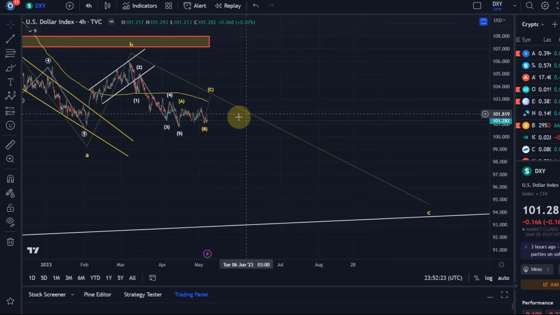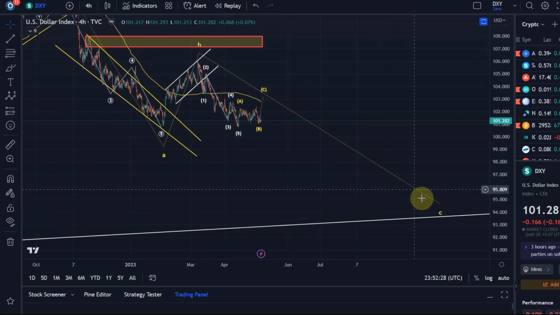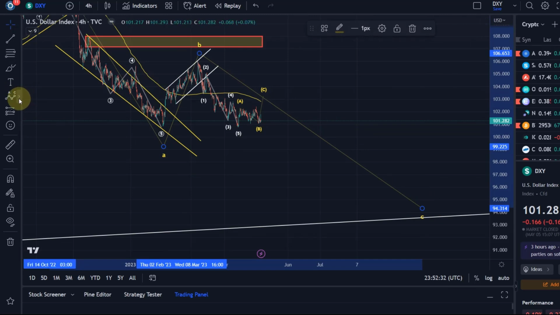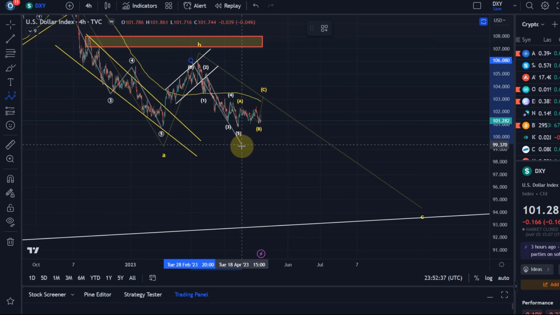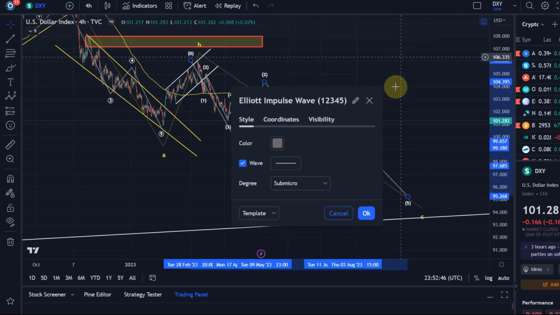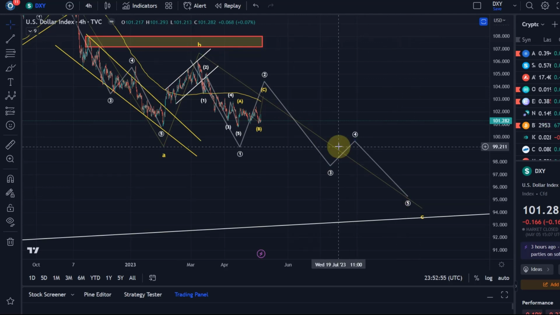I've already added some subdivisions here for the move to the downside, because don't forget, a C wave, and the assumption would be that this is a C wave, consists of 5 waves. So it would be a 5-wave move, and we have 5 waves down here. That's also why this count is the primary. This would then count as a wave 1, here a wave 2, 3, 4, 5. Now let me change the wave degree, and then we can look at that in more detail. The idea is that we are coming down in a 5-wave move in a C wave over the coming months.